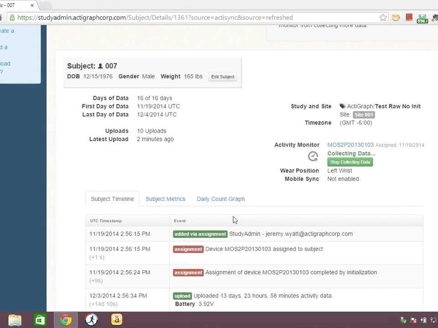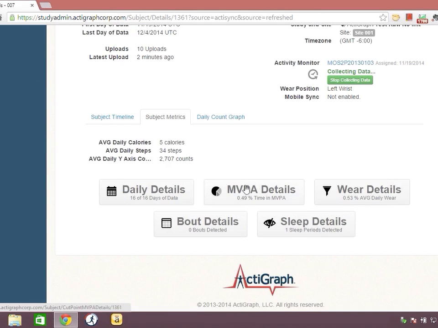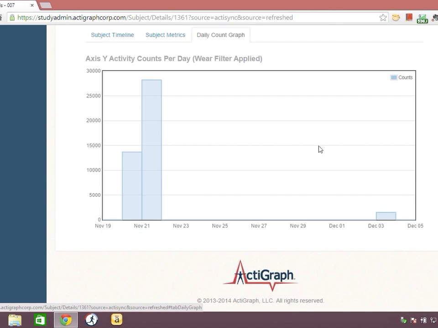So we've looked at that, and just to note, we do have options down here to look at the data. I can look at the MVPA on the subject or the daily details. I also have this daily count graph. So this shows total activity counts for each day over the wear time, and it's not very interesting for this particular device. I just initialized it, so left it on my desk for a few days